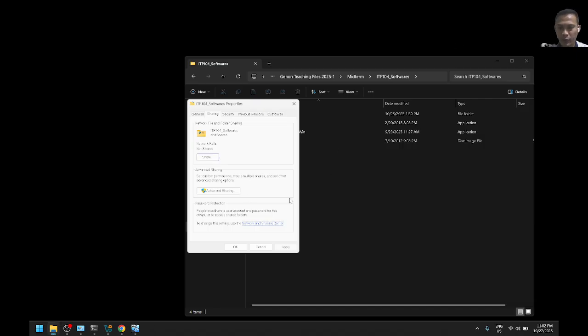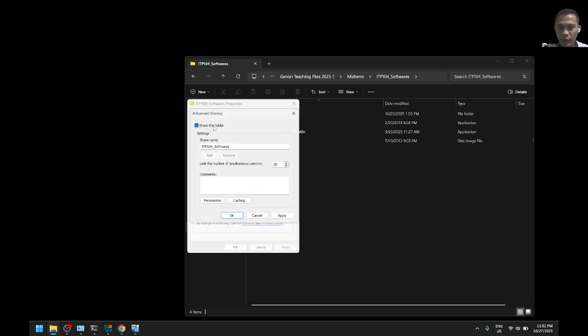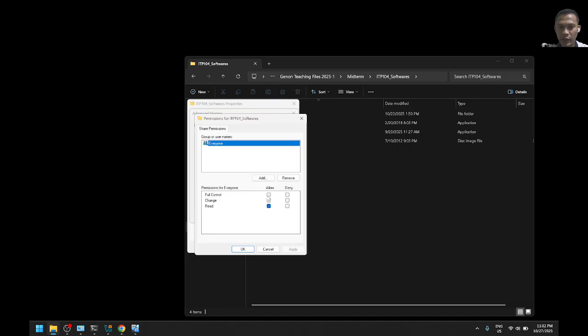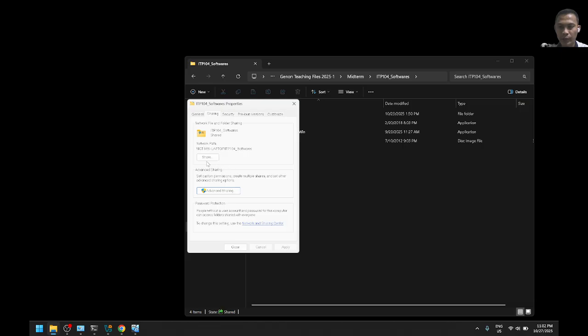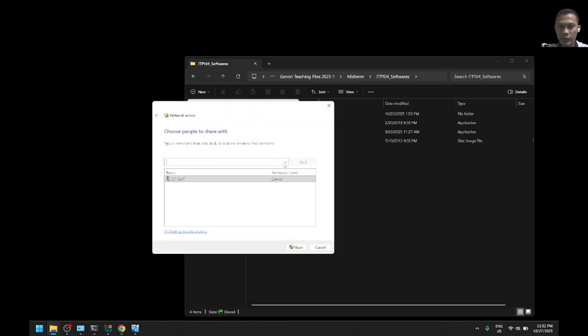I'll just close. For advanced sharing, it's the same as the virtual OS. So you can rename it, but at least leave it as is. Check this permission and hit OK. Now, to successfully share this folder, just add, and always remember to select everyone.